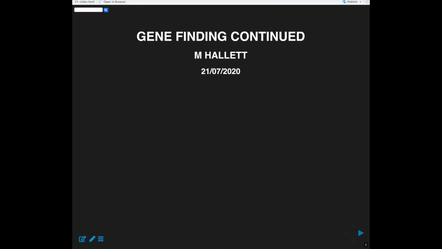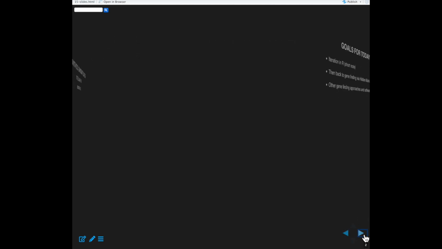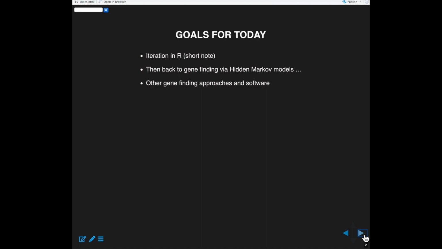All right, so today in lecture 15, we pick up basically where we left off last class, talking about Markov models and hidden Markov models for gene finding. Before we start with that though, I'd like to cover a few little things about R, in particular related to iteration. And then, like I said, we'll go to my notes for hidden Markov models, and then we'll come back to some slides that look at